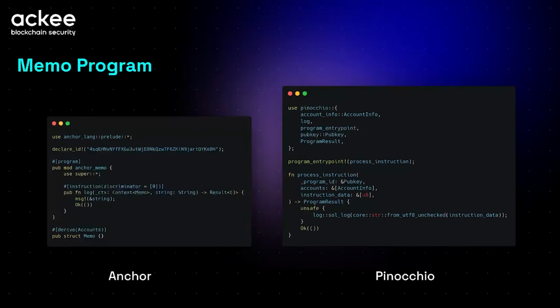Now, let's look at some real-world comparison between Anchor and Pinocchio. Here we have a simple memo program implemented using both approaches. The Pinocchio version uses significantly fewer compute units, around 30% less. Even more impressive is the binary size reduction, with Pinocchio programs often being 50 to 70% smaller than their Anchor